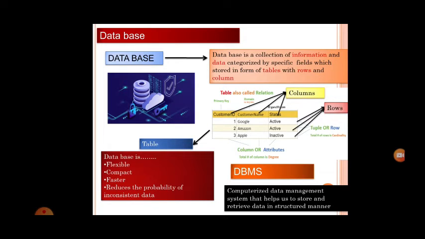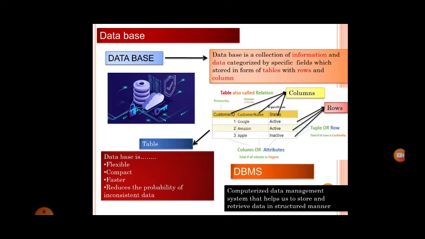Let us see. It is flexible. What do you mean by flexible? It is small and compact. All the things are stored inside the table. Then it is compact, that is very small, so you can create how many tables you want depending upon the data. And it is faster, so if you are storing 100 records and want to manipulate the 98th record, we can just put a query or a question and we can directly go to the 98th record. No need to touch all other records which are before. So it is very fast, we can just access that particular record.